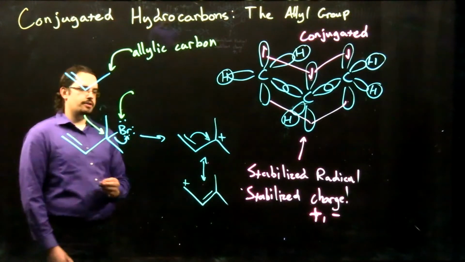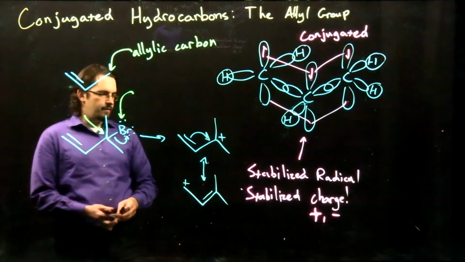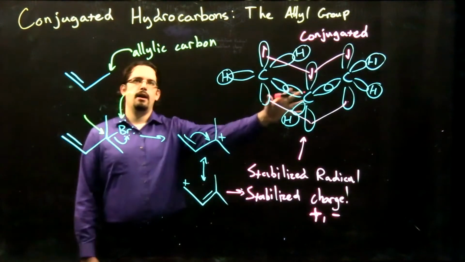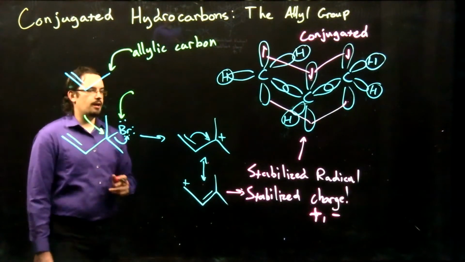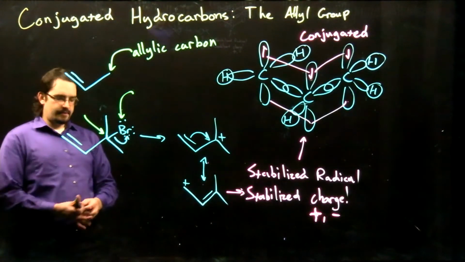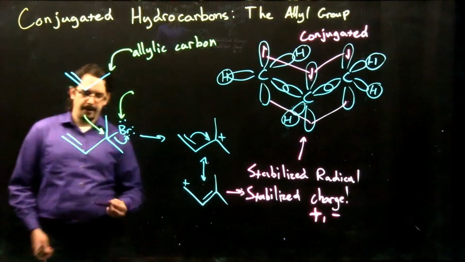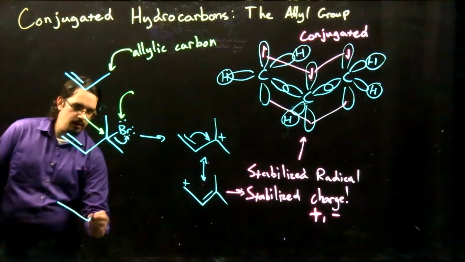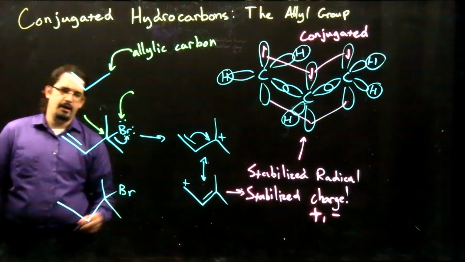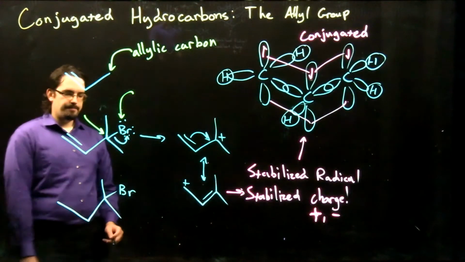Our positive charge can move back and forth between those two locations. We again have our stabilized charge as we have those electrons getting shared in our conjugated system. What's the impact of this? Well, again, if we compare a similar alkyl halide, but without our allylic group, without our alkene double bond,